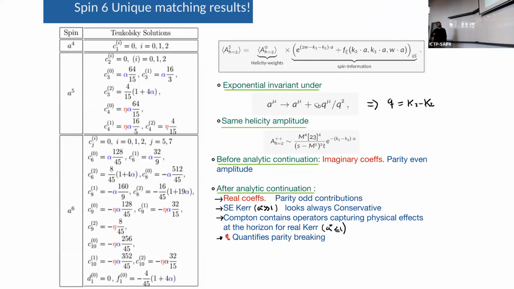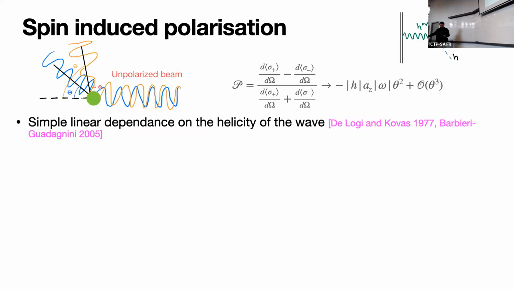Okay, so in that way you can extract a quantum amplitude from the black hole perturbation theory solution. This is a possible answer for what this quantum amplitude may look like in the super extremal range. Before going to using this quantum amplitude in the two-body problem, some applications of this quantum amplitude.